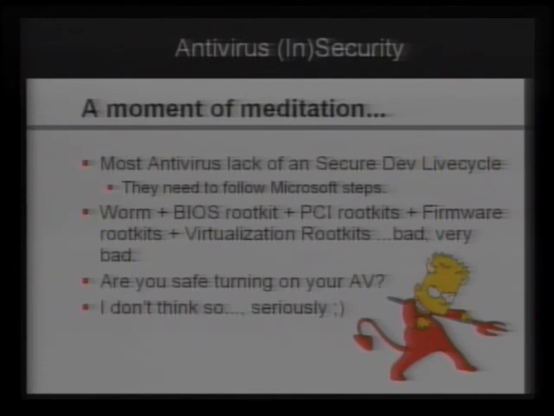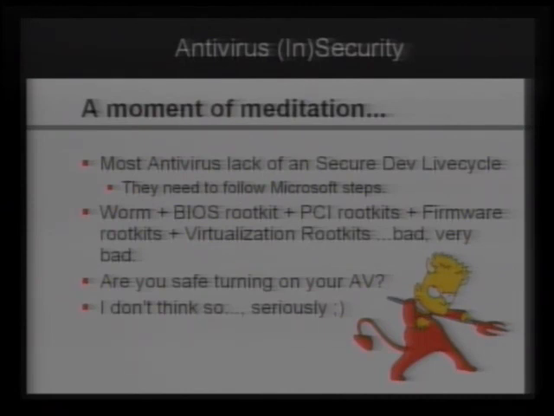So if we think about this kind of bugs, different Packers, different antiviruses, different bugs, we can put them all together and do a real bad thing. It would be like a worm, and this worm actually installs some kind of rootkit in the BIOS, like Sean Hisman talks about.